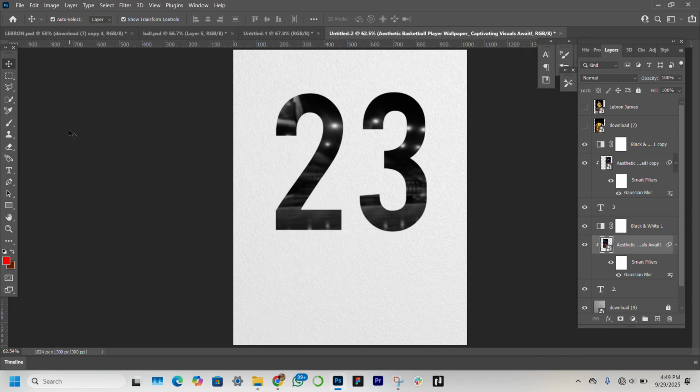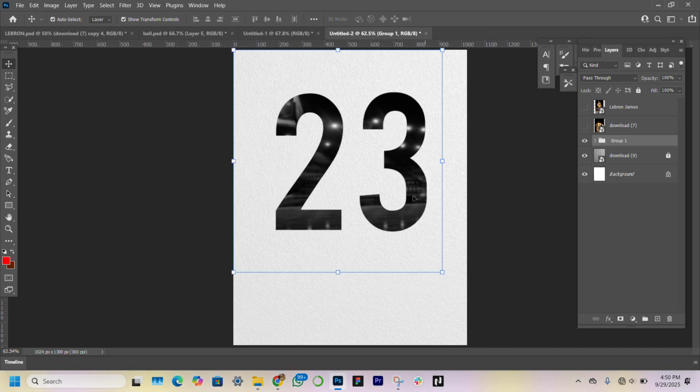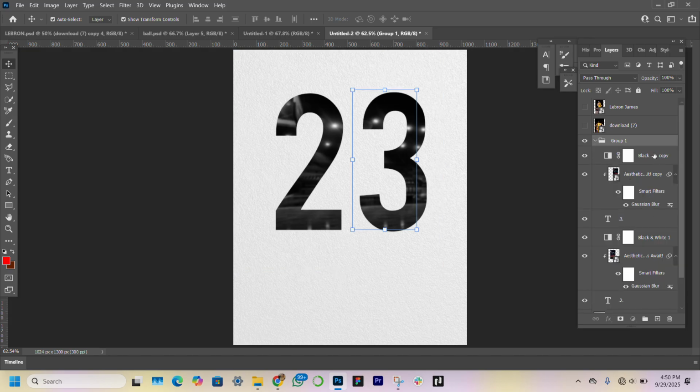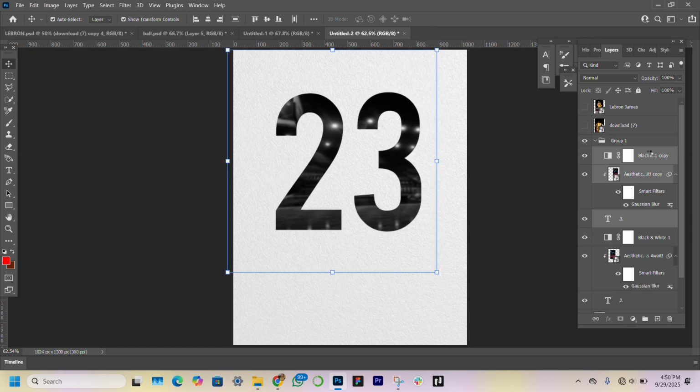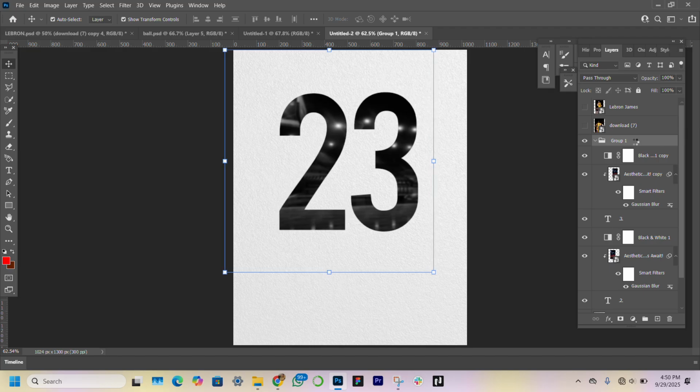Okay, now the next thing I'm going to do, I'll just bring them together. I'll hold this and then hold my shift till this and I'll Ctrl G to group. Okay, then I'll just adjust my tray. I'll click on this, shift this and I'll just shift it so that there will not be too much space. Okay, so this is what we have. Next thing I'm going to do, I'm just going to adjust this. Okay,